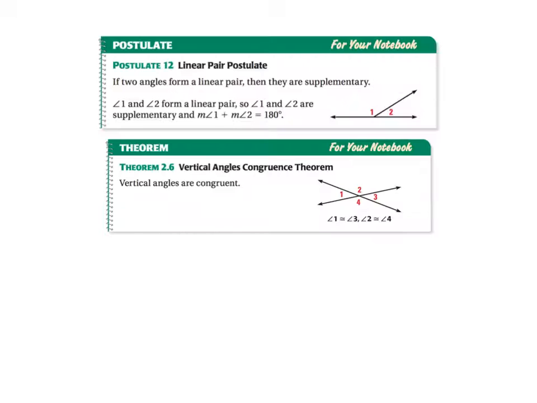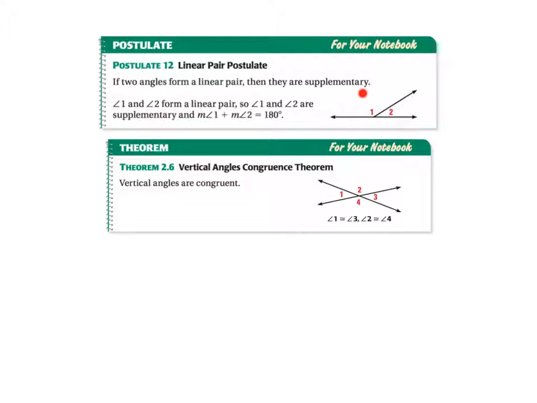Next we have another postulate and another theorem that are going to be fair game to use as reasons in your proofs. The first one is a postulate, and we actually talked about this postulate last chapter when we defined what linear pairs are. So this is called the linear pair postulate. If two angles form a linear pair, so remember a linear pair are two angles that form a straight line,